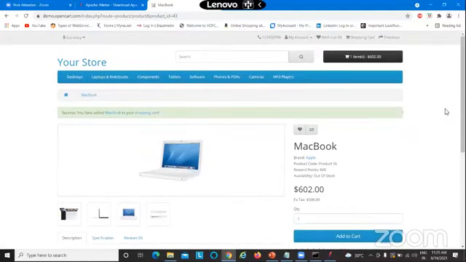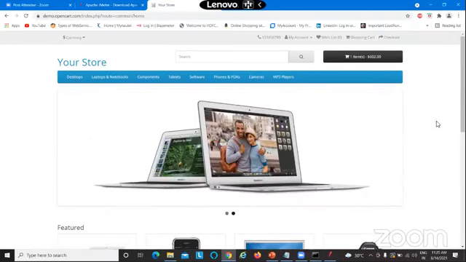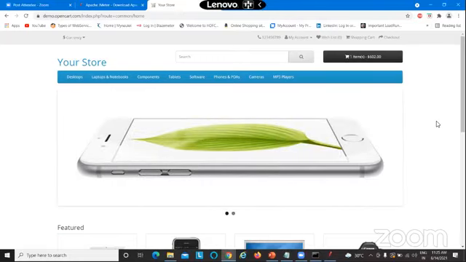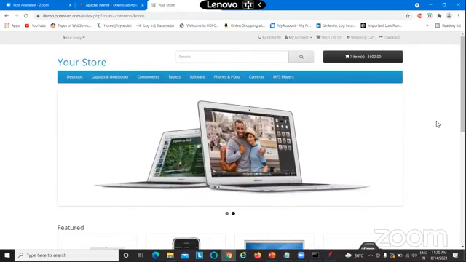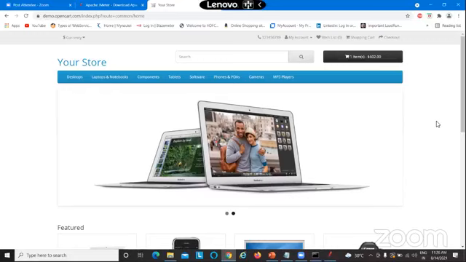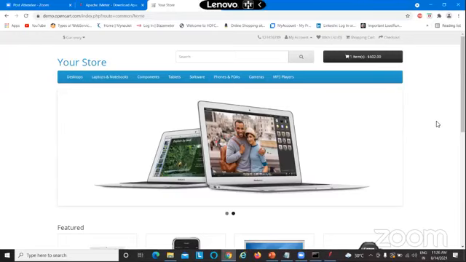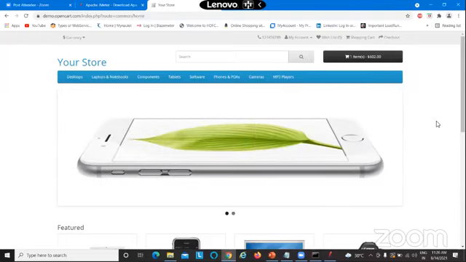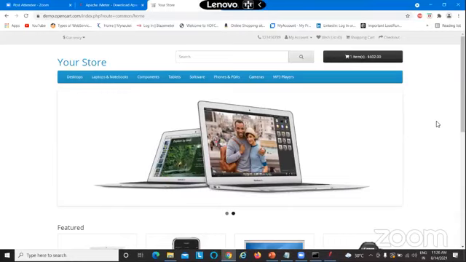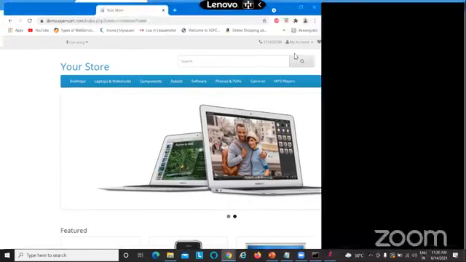So the requirement that is in front of us is to understand what is the performance of this application and how this application is behaving when a number of users are hitting the system. What is the response time in getting this MacBook opened, in getting this MacBook added to the cart, and do we face any errors, any functional problems or any security issues when we release the application for multiple users. So that is what we are going to test with. And so this is the workflow that we are going to record in our JMeter. Okay, so let me show you how this works.